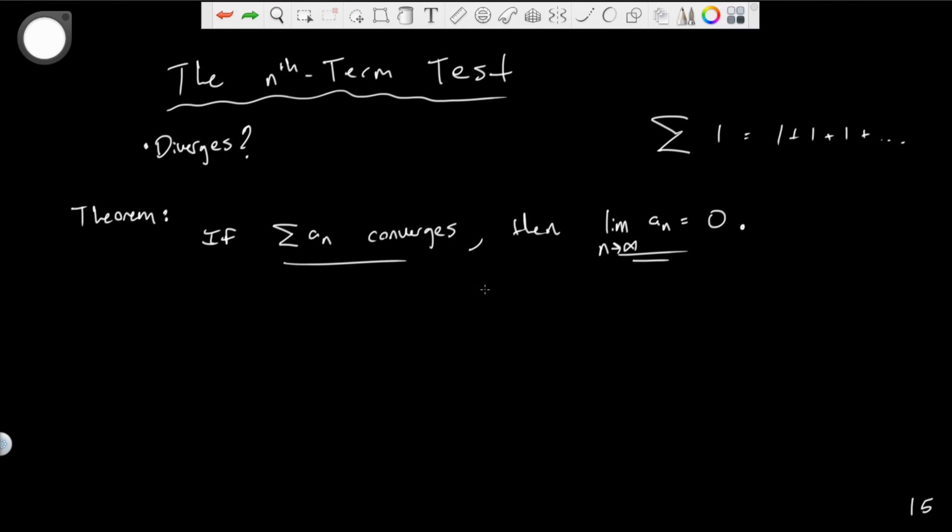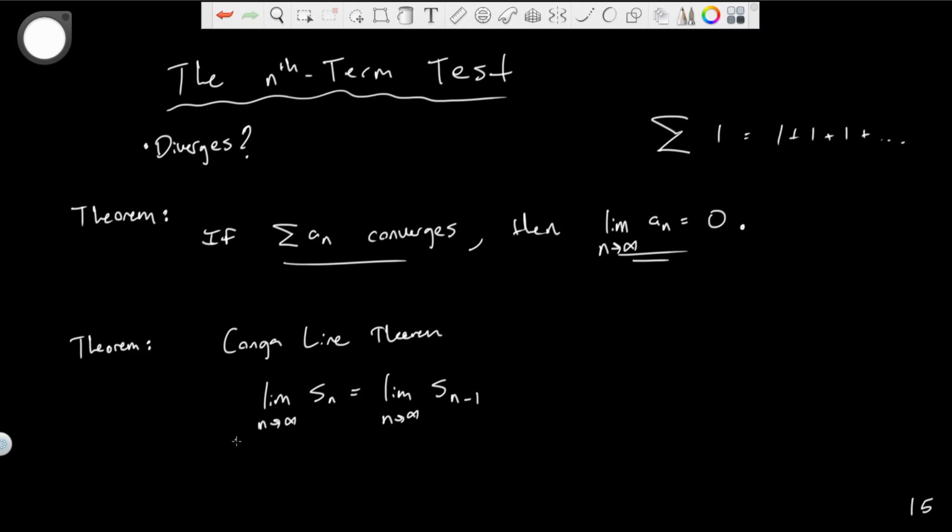All right, I want to prove this thing. I don't want to just talk it out. But in order to prove this thing, I'm going to introduce a quick little theorem. Right, I call it the Conga line theorem. All right, and it states the following equality. All right, this equality is true, and the idea of the Conga line theorem is that wherever this sequence of